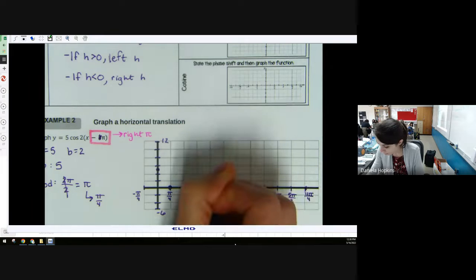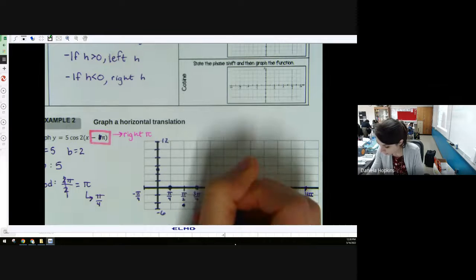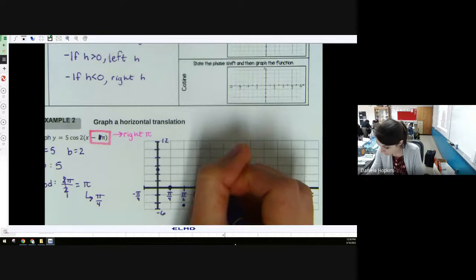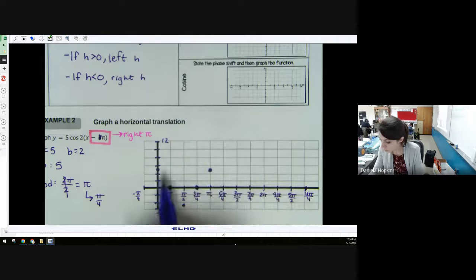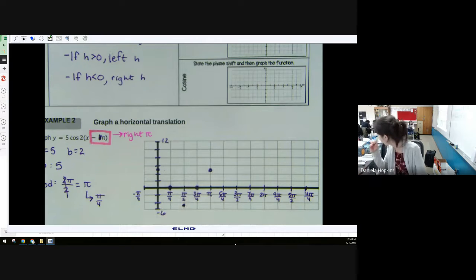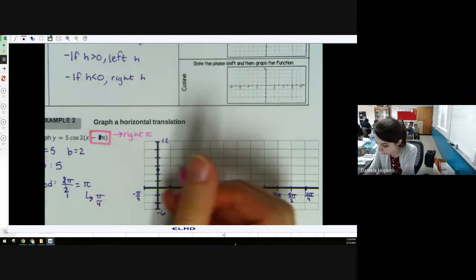And then I'd go back up to my x-axis and then back up to a maximum. So this is one full period. And again, I haven't really asked you to graph just one period or anything like that, but this is one period. And now if I want to move it to the right pi,